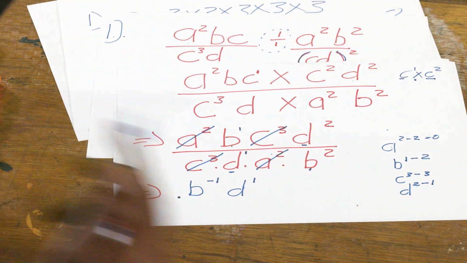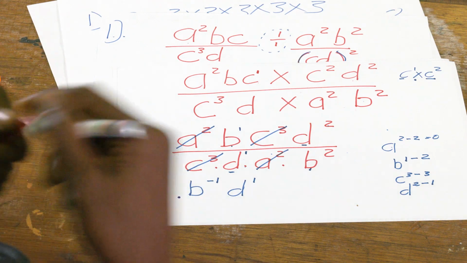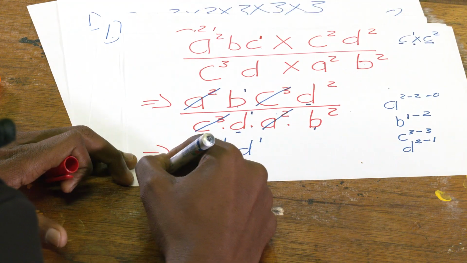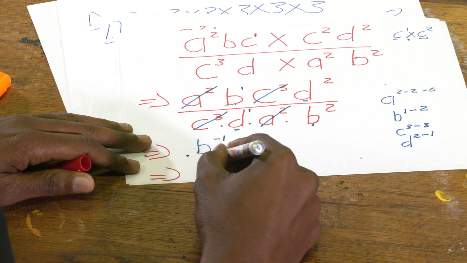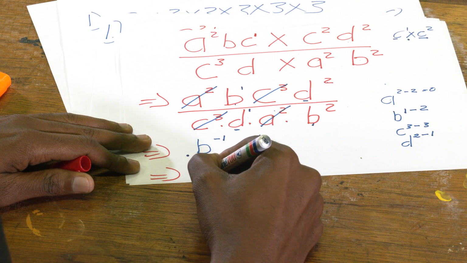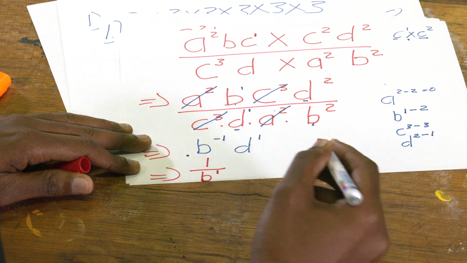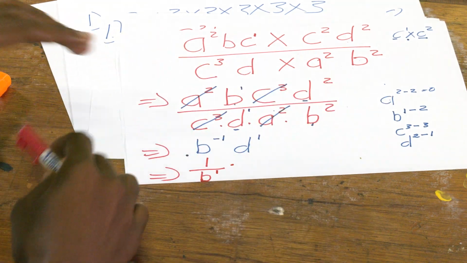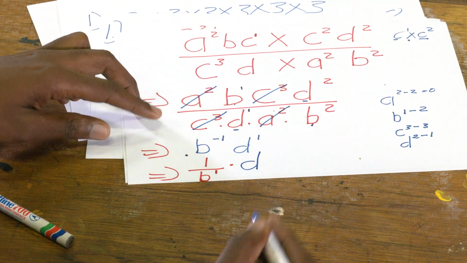And remember, we can't just leave them as negative numbers. So anything raised to a negative number, to make it positive, you put 1 over it, and then it goes to the bottom. That's another exponential law. So b to the power of 1, and then we leave the d where it is. So that's your answer. 1 over b